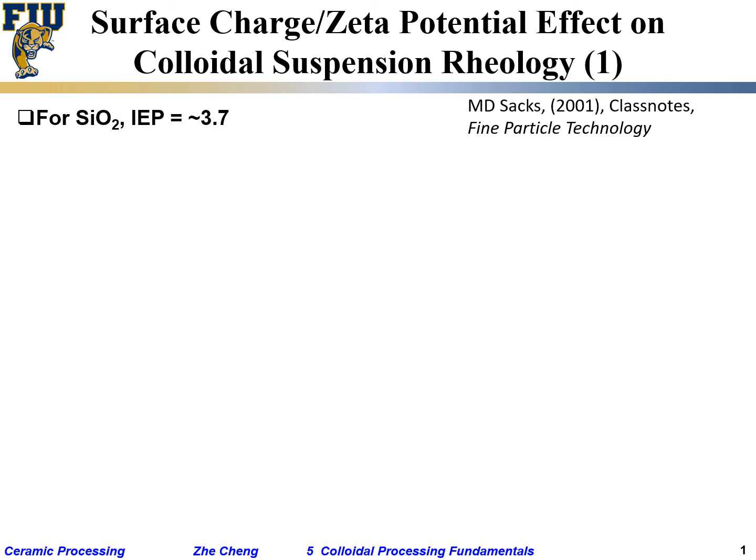So now, after seeing the basic viscosity behavior, like rheology behavior for different types of slurry, liquid, or suspension, let's look at the actual examples on viscosity. We are looking at silicon dioxide. Silicon dioxide IEP 3.7, which means when pH is roughly this value, we have very little charge, the